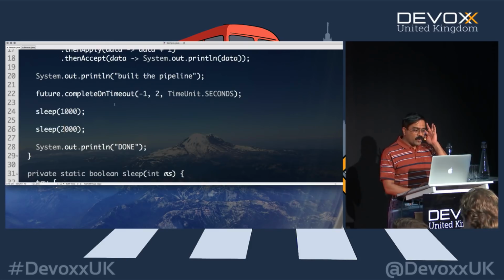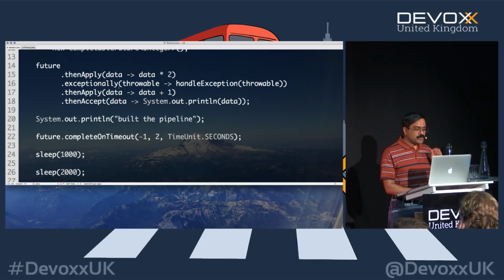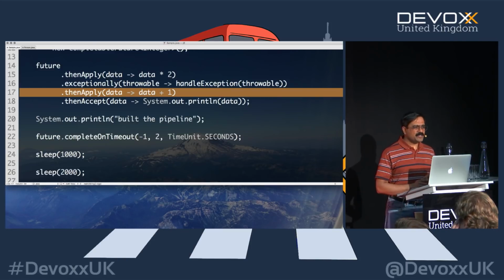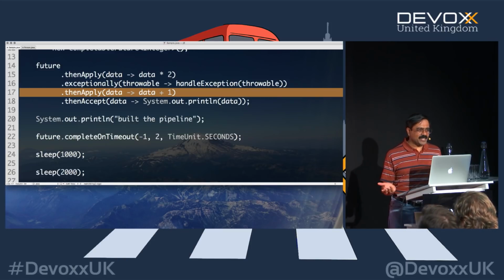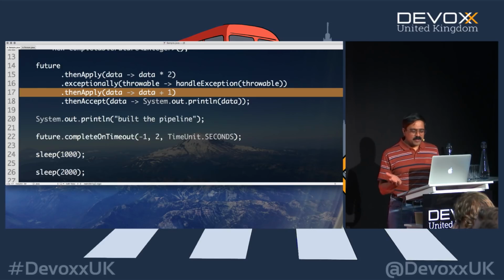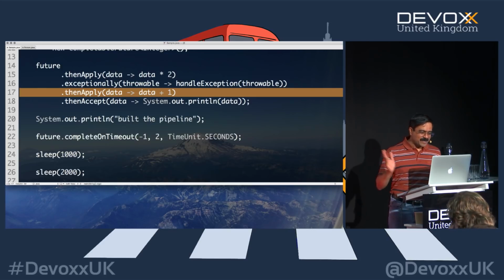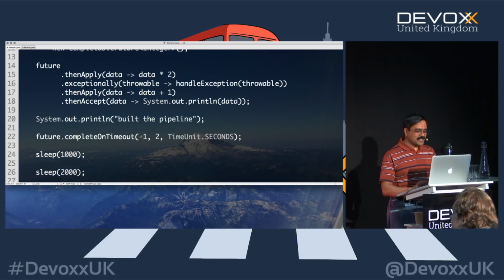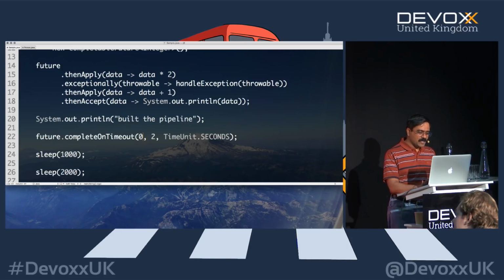When it gave a -1, what happened? The -1 came through here. Actually, did it work properly? Well, complete on timeout with a -1, and the -1 should have actually come through here. And -1 times 2 is -2, +1 is -1. Tricky example. That's why it was a -1, isn't it? Okay, so I was losing faith in my own code right now, but you know exactly why it did that. Okay, let's just put it as a 0 blatantly so we can know that's going to be 0 times 2 is 0, 0 plus 1 is 1.